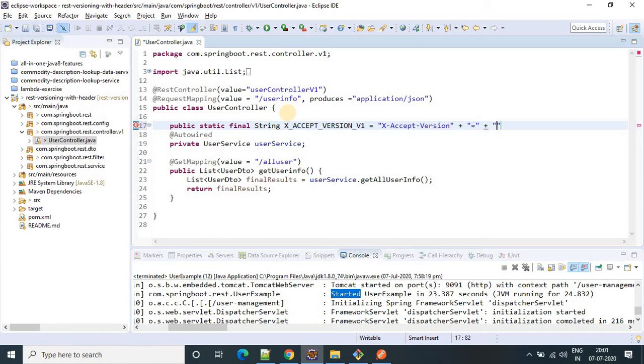This is for version v1, so let's provide v1 here. That's it.